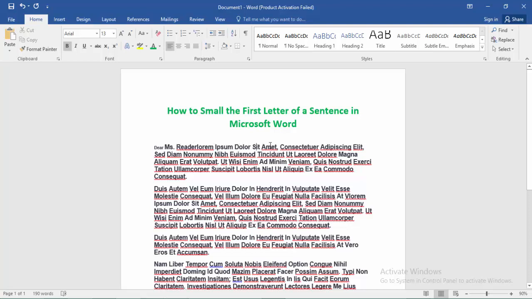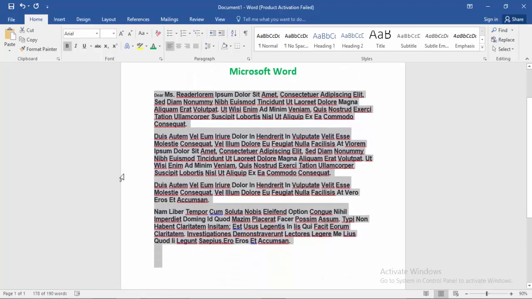Now I will convert the first letters to small. Firstly, select all your sentences, then go to the Home menu option and click on the Change Case option. Now click on the